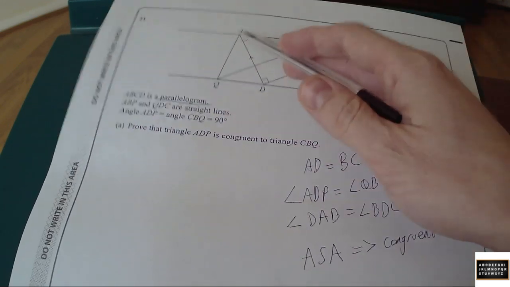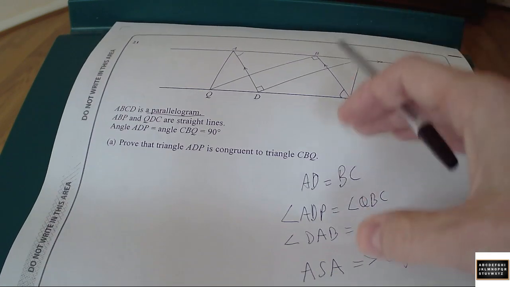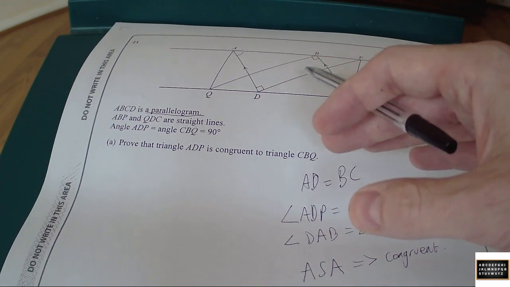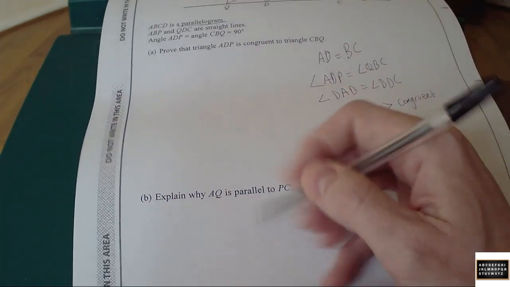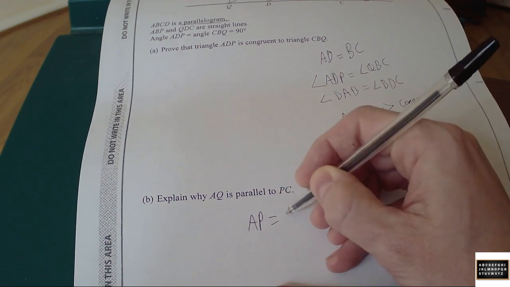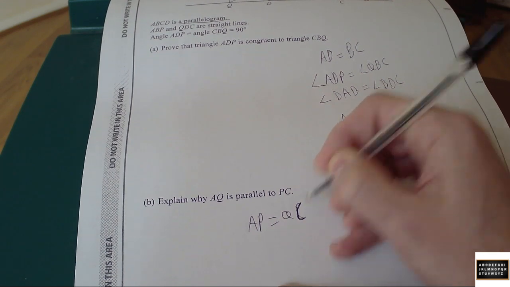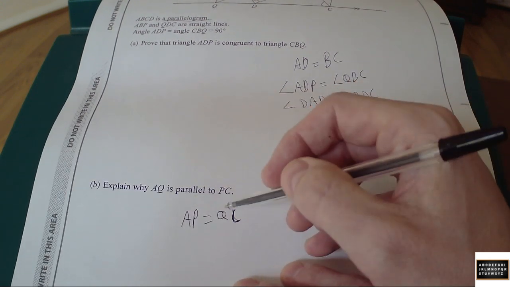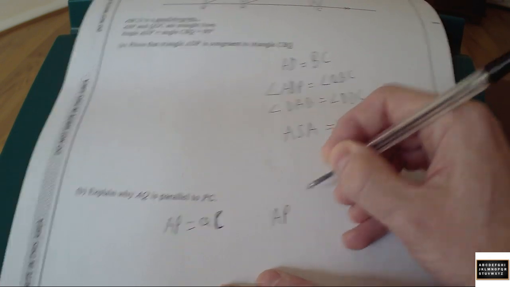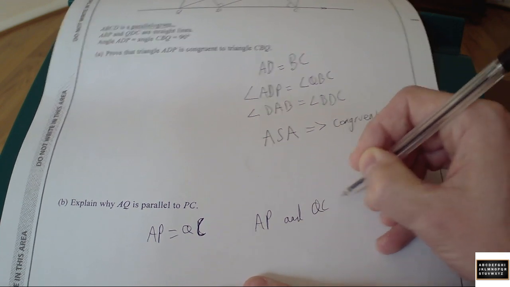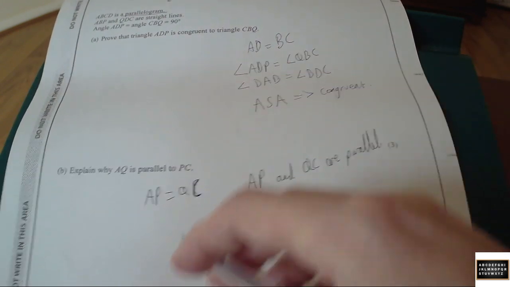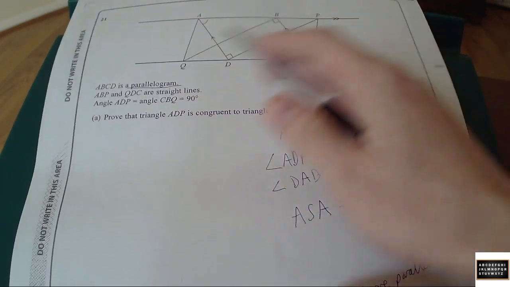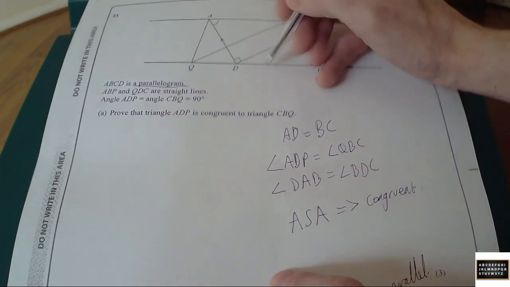Down here it's asking about AQ and PC. So again, this just requires a little bit of thinking. We already know that these two triangles are congruent. So we know that AP is the same as QC because we just showed that. So they're congruent triangles, so that has to be the same. We also know that AP and QC are parallel because they have to be. Okay, and then that must mean that if these two are the same length and these two are parallel,